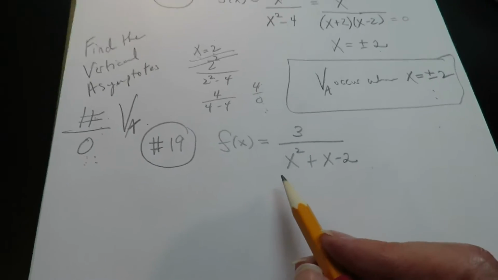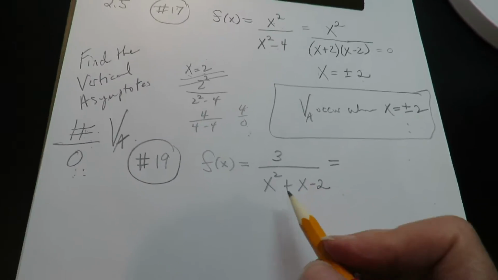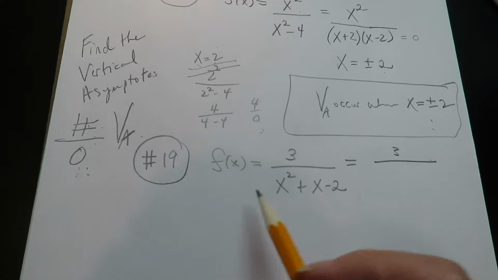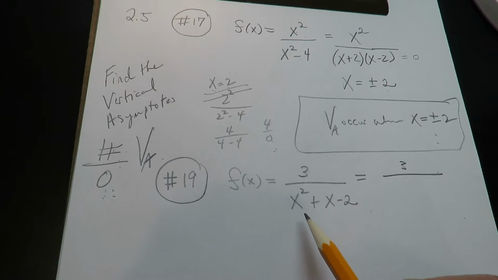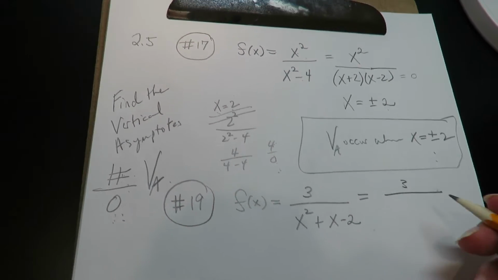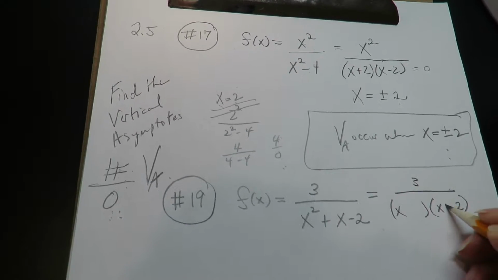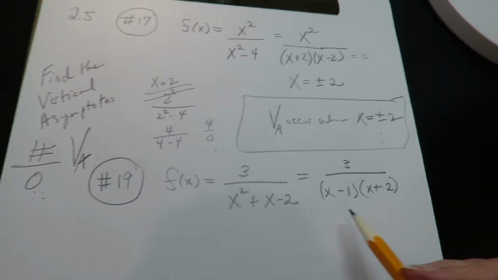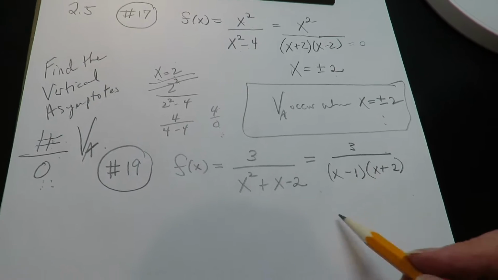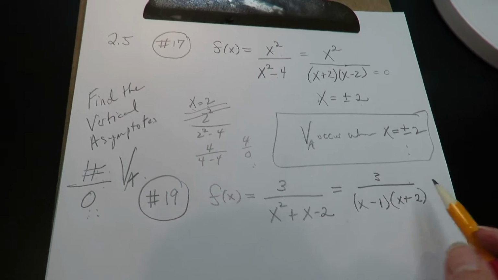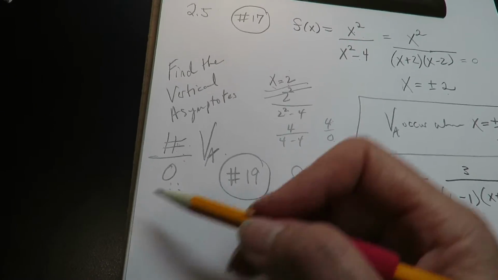All right, that's that one. Now if we try the next one, you first have to factor this trinomial. If anybody forgot how to factor and they need me to help you with that, just let me know, okay? But I'm going to assume at the moment you know how to factor, so I'm just going to go ahead and do that. But again, if you have problems with that, just let me know and I'll review with you how to do that. Okay, so first I'm going to factor this, and again, the vertical asymptote is going to occur where the